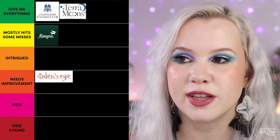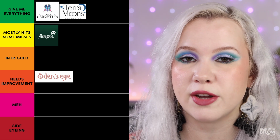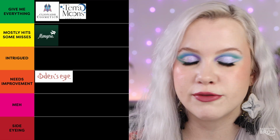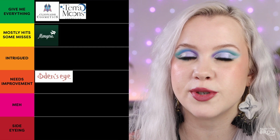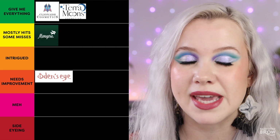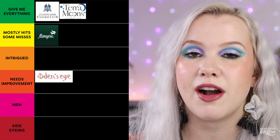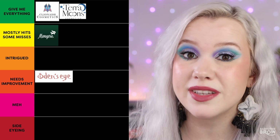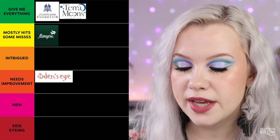They basically just called out Cleona and were like, well, all these other indie brands are charging $30 for an eyeshadow, which by the way, it's not $30. So that's also throwing out a total wrong number. And it was just really shady of them because they're comparing themselves to indie brands that are handmaking their eyeshadows, so that's a whole different thing because their eyeshadows in that palette are not handmade. It's also questionable if they've even tried the brand or if they're just like, oh well, all these indie brands are charging this much money, I want to make this much money off of eyeshadows too, so they're going under